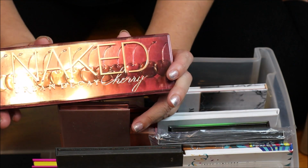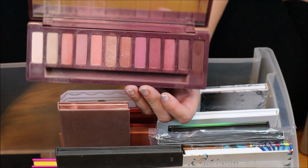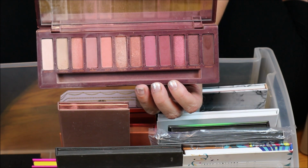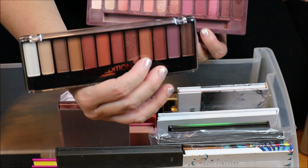Speaking of naked palettes, here is the Urban Decay Naked Cherry palette. Isn't that gorgeous? I love this palette, and I actually had the dupe for this as well. It was another one of these Rimmel palettes. It was their